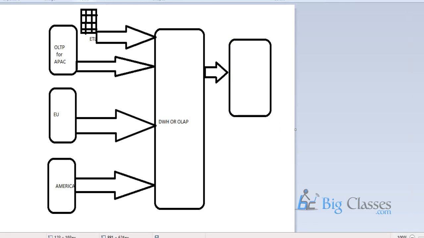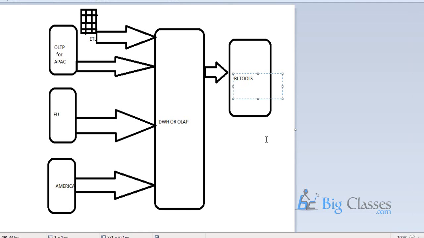These BI tools will extract, or you can say read, the data from the data warehouse and then represent the report. The report can be a bar graph or any data format, or any kind of graph can be generated using this. All these BI tools will fire a select statement to your data warehouse